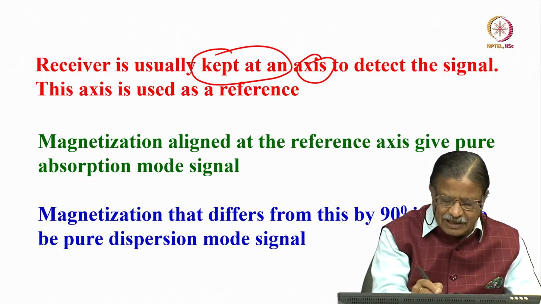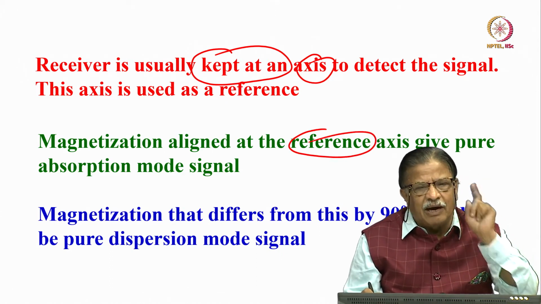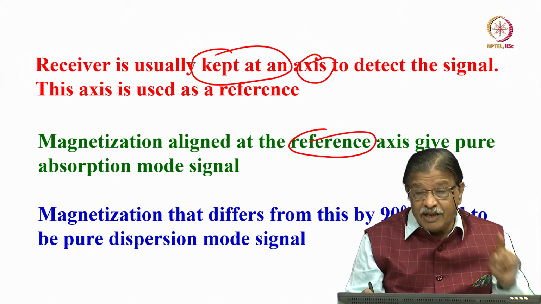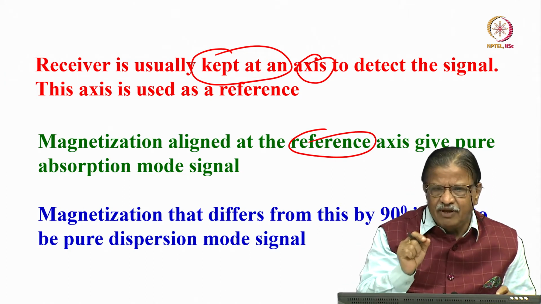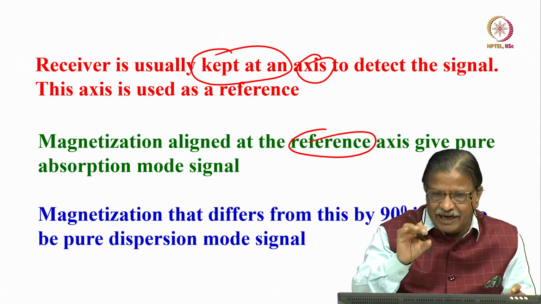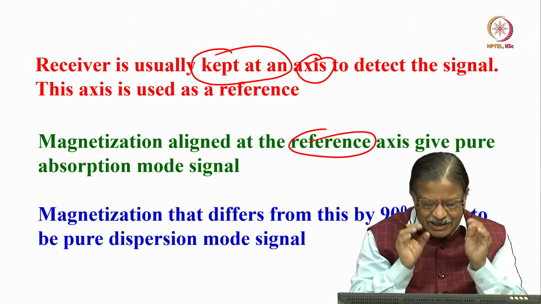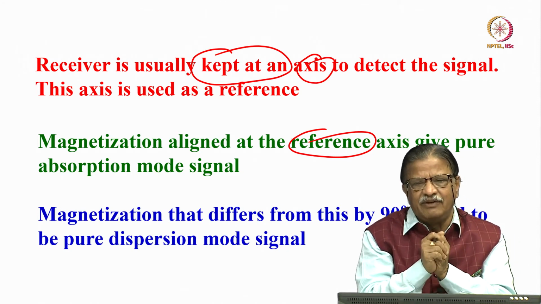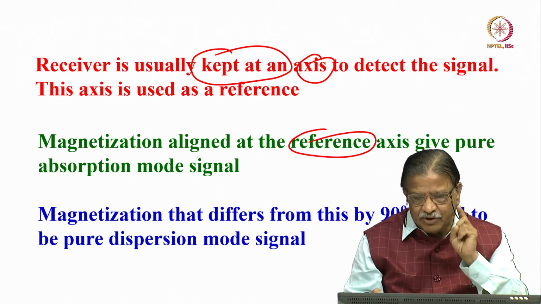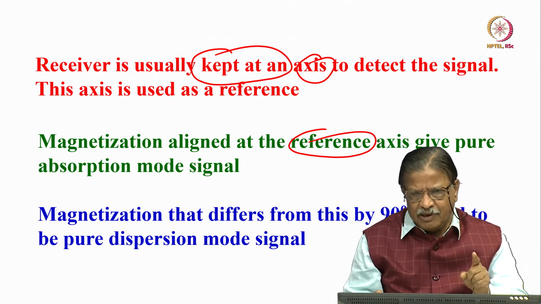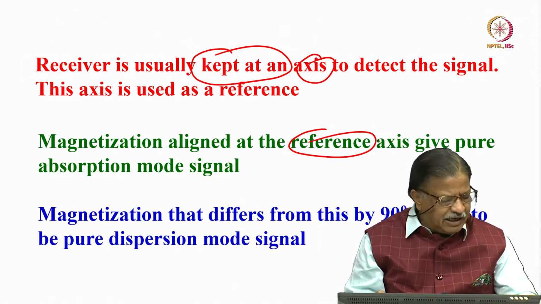So, the magnetization aligned at the reference axis gives an absorption mode signal. Very important point. If I have a receiver on the axis where the magnetization is aligned, then I am going to get an absorption mode signal. If the magnetization differs by 90 degrees from this, we are going to get a dispersion mode signal. This is a concept which we use very often, absorption mode signal, dispersion mode signal, etc. in understanding phase